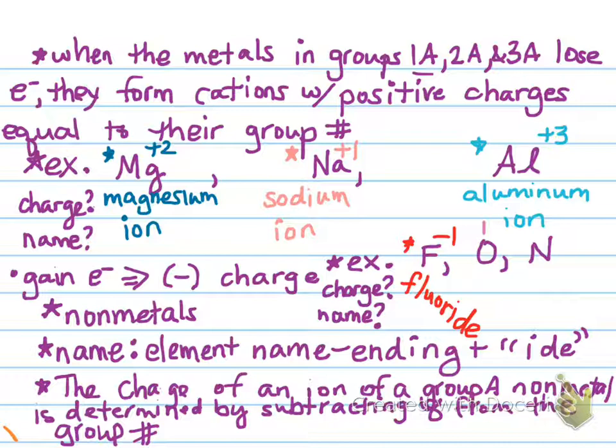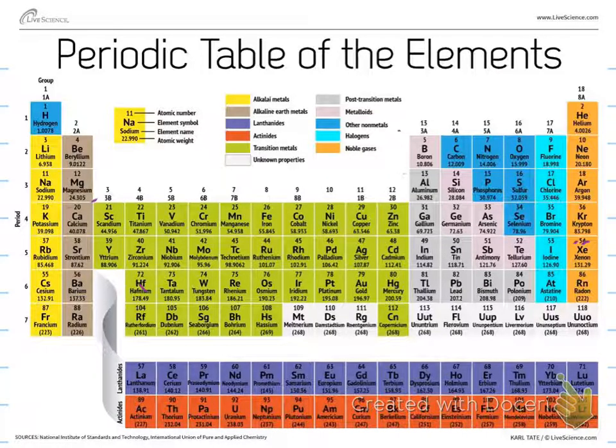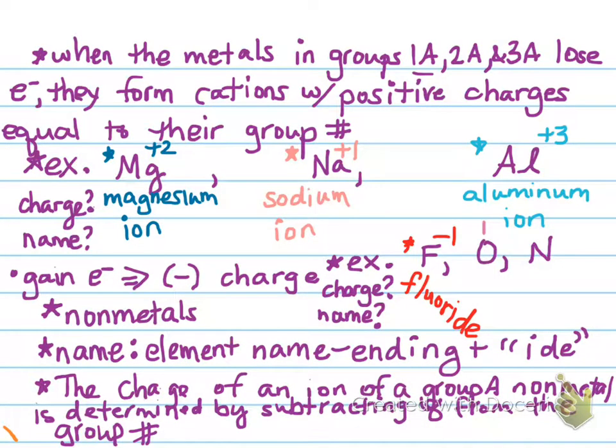the ending "ide." And the other way that we can think about this, rather than just thinking about do we gain or lose electrons to get 8, is that you can actually take the element group number and subtract 8 to figure out its charge. So when we look at fluorine, that's in group 7A, it can either lose those 7 or gain 1 electron. It's always going to do whatever's smaller, which is gain 1, so it has a charge of -1, and it